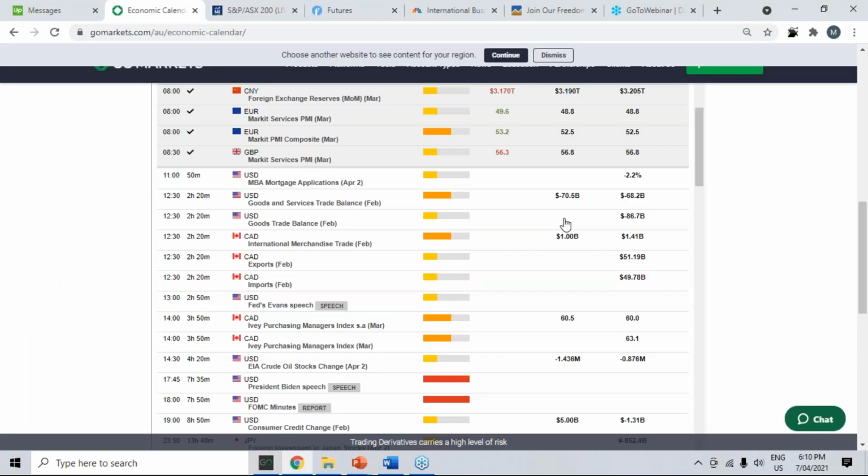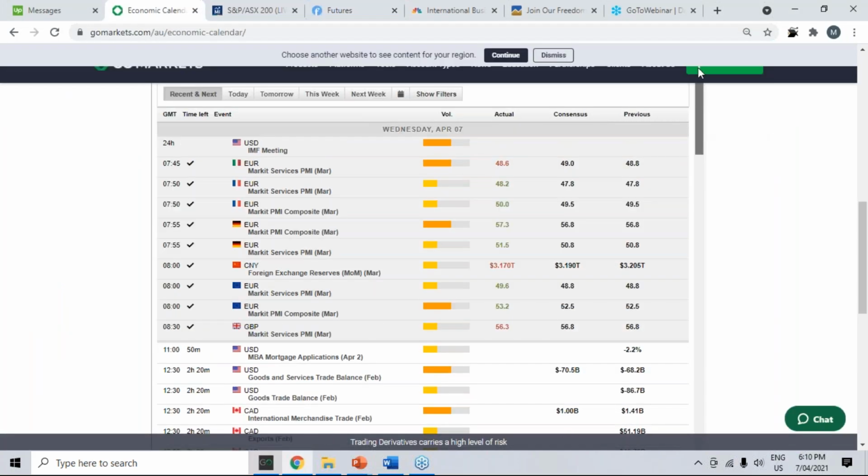If we look at the economic data, as I said, today is all about PMI data. We had reasonable numbers coming out of Australia this morning. Look at Germany, we've got the services PMI in expansion, i.e. over 50, and beating expectations. Likewise with the composite, which is a combination of services and manufacturing. That's beating expectations. Likewise the Eurozone, even though that's still in contraction from the services point of view,